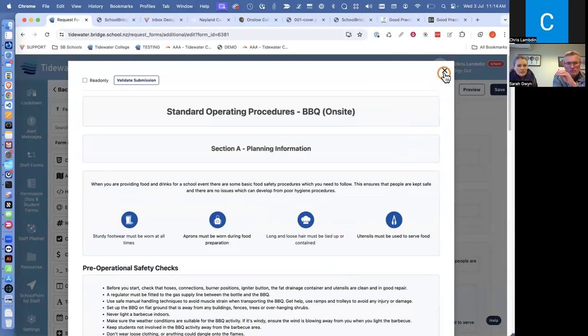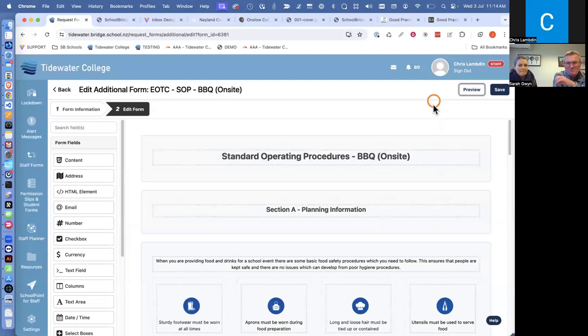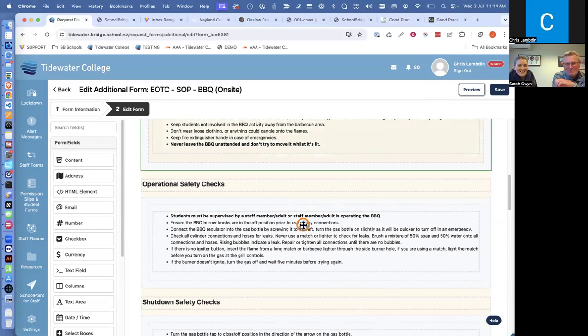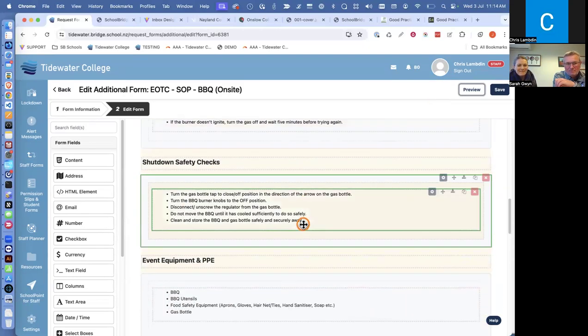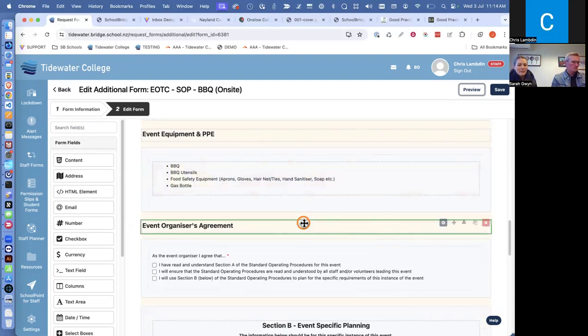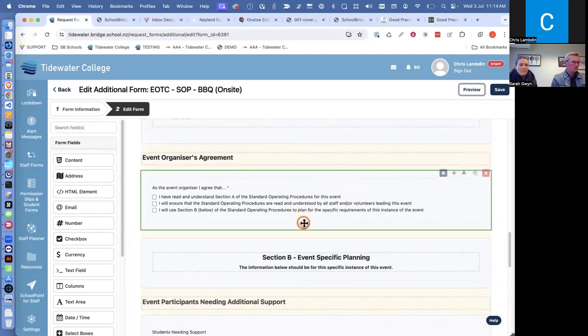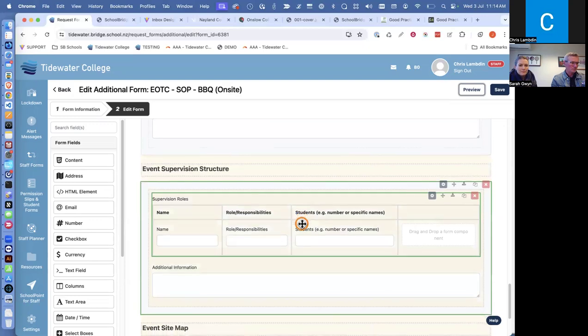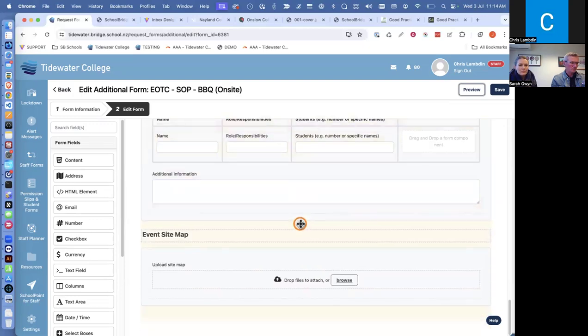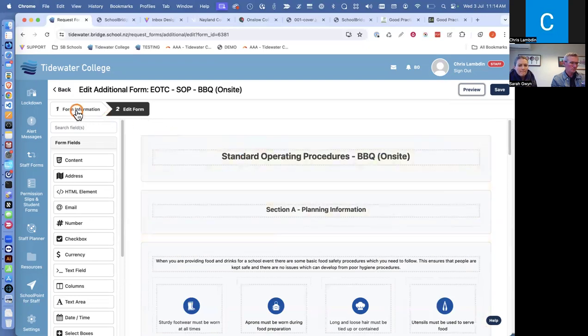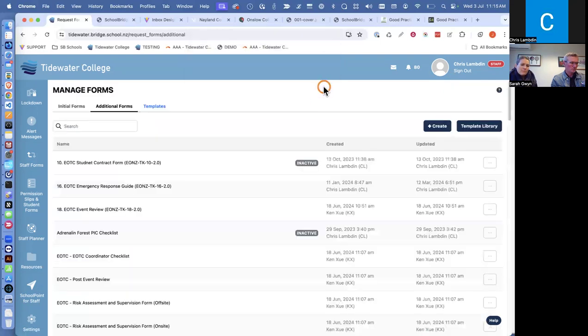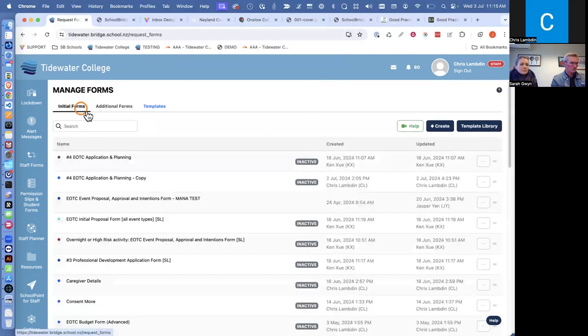So is there a template similar to that that's available for us today? There will be. At the end of the day, I just need to go through and take these and make sure they're universal. I mean, there were things on here that were specific to Onslow that I need to remove, just make it easier for people to use, and things that don't apply to other schools. And this really, this form here,